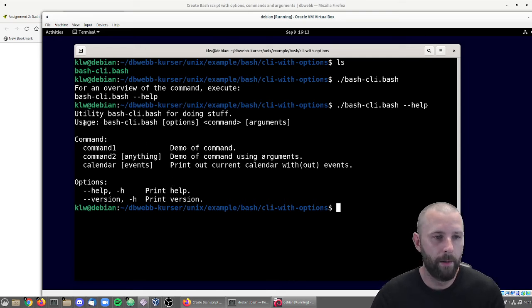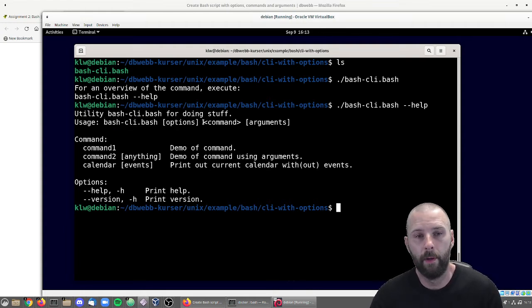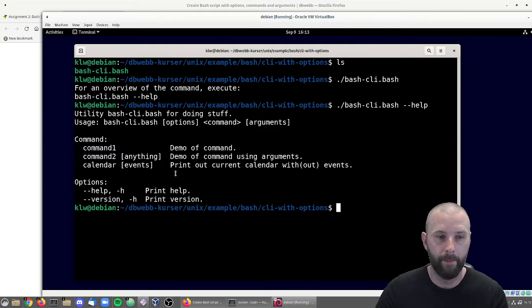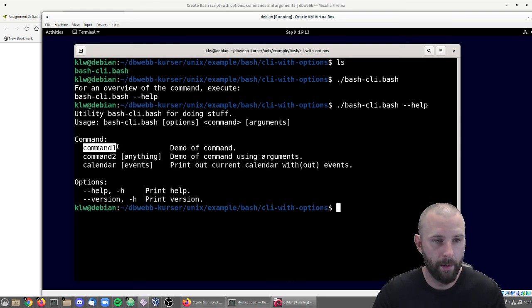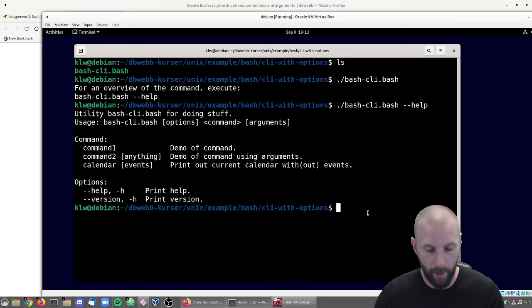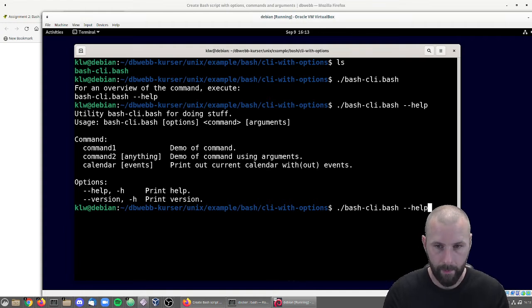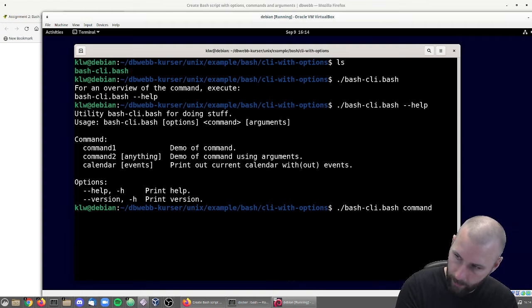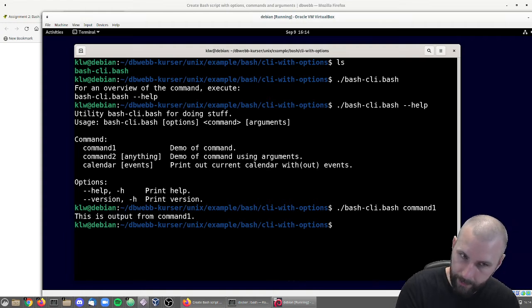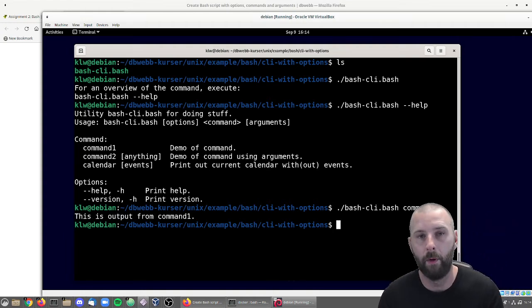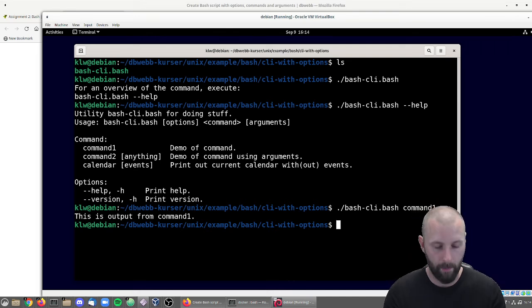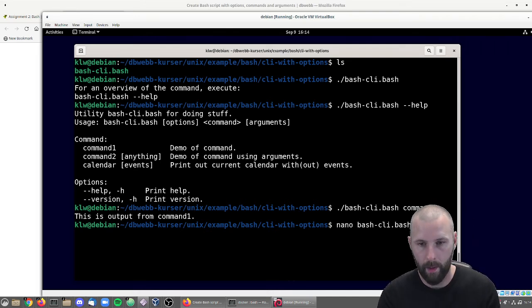Here we can see the usage. We run the script, followed by some options, followed by a command, followed by arguments to the command. And if I just run command1, oh, my head is in the way, command1, what happens? I get this is output from command1. Okay, if we look at the script